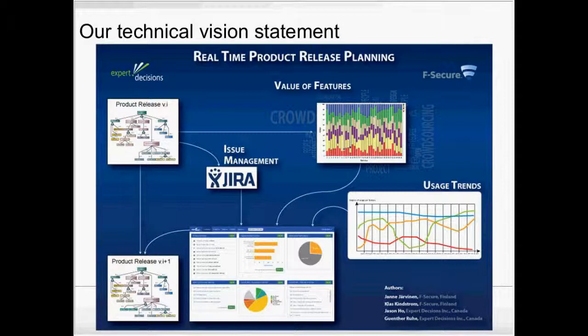You see also here the usage trends on the right side, which I have explained already before. And you also see in the center of this illustration the connection with the JIRA issue management. JIRA is a well-known tool to accommodate the changes, the issues in an organization,